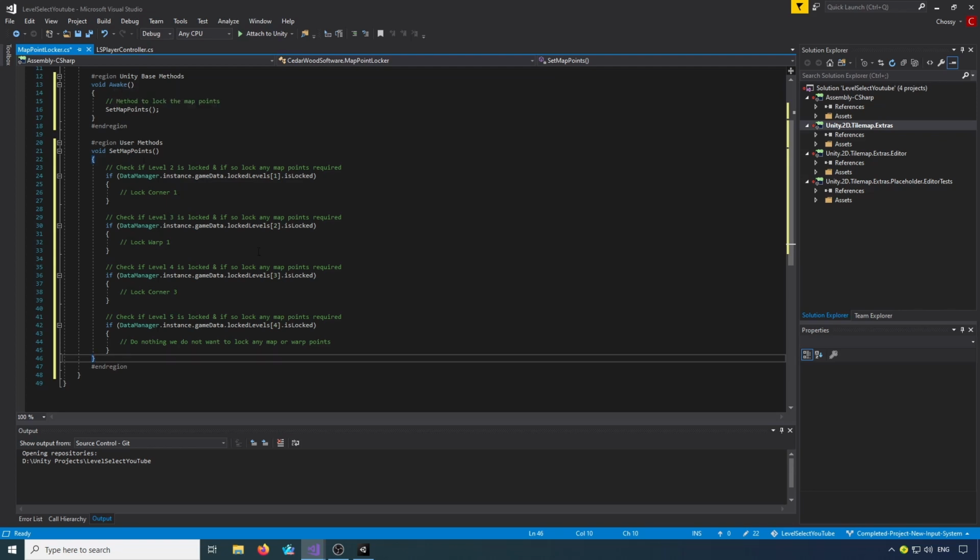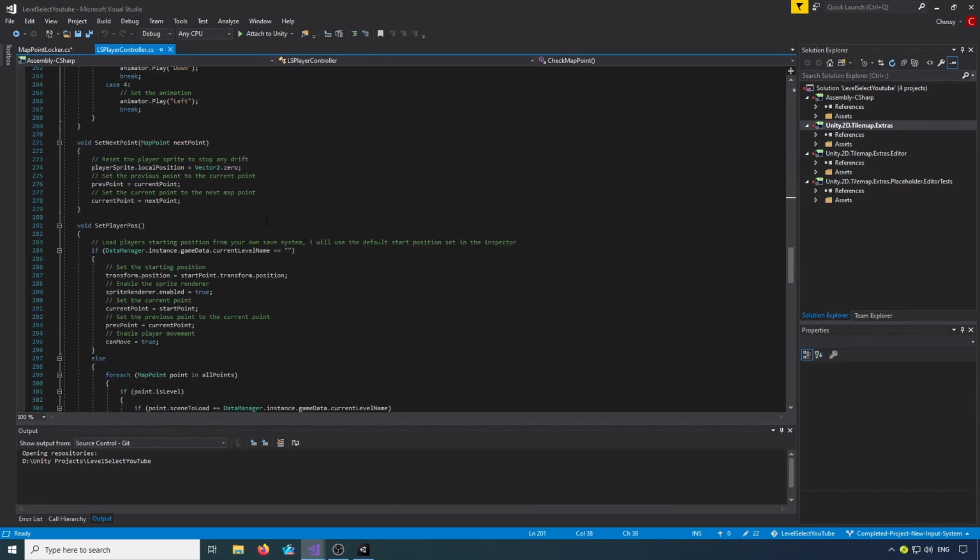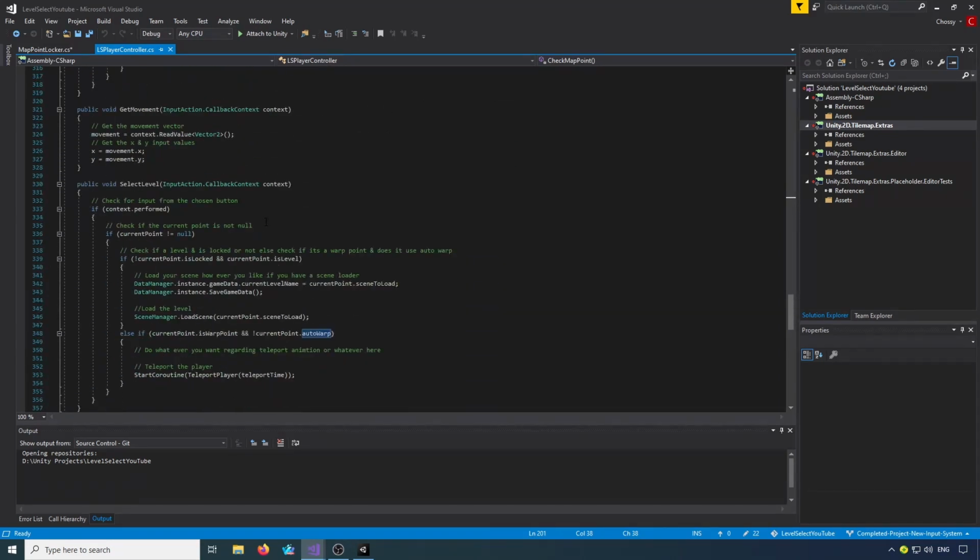But first thing like I said we're going to do is just look at locking off just the warp points. So if you want your player to move around and just not be able to access the warp points, then we can do that. But what we need to do is go into our player controller, go down to the select level method, and where it's got not current point is locked, if we will copy that and put that down here where we teleport the player, so where it's a warp point, and if it's not auto warp